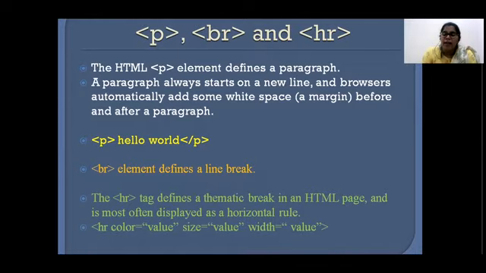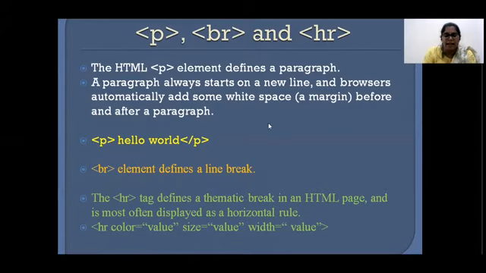If you want the content of your page to come to the next line, you have to use the BR tag. The BR tag will break that line so that the content after it comes into the next line. And if you can observe here, the BR tag is an unpaired tag. It's a singular tag. There will be no closing; we simply use a BR opening and there is no closing for that.